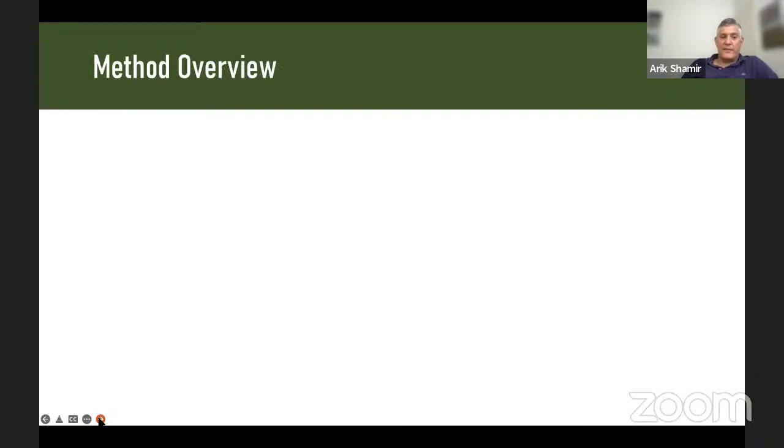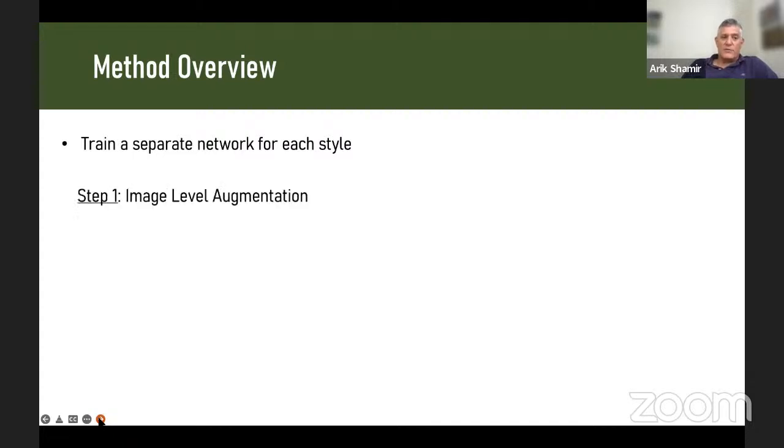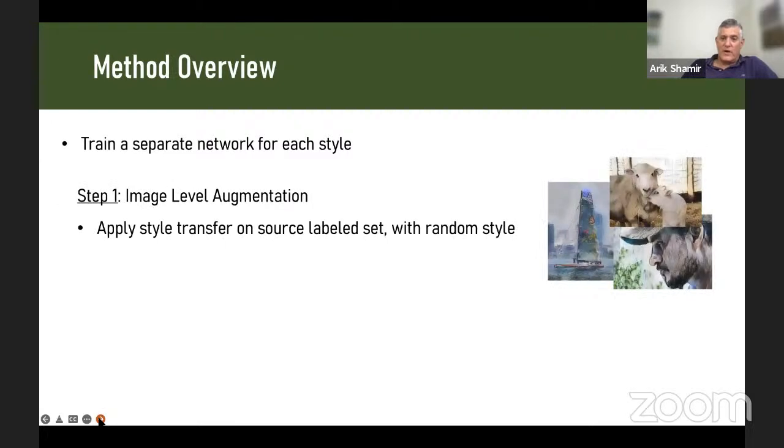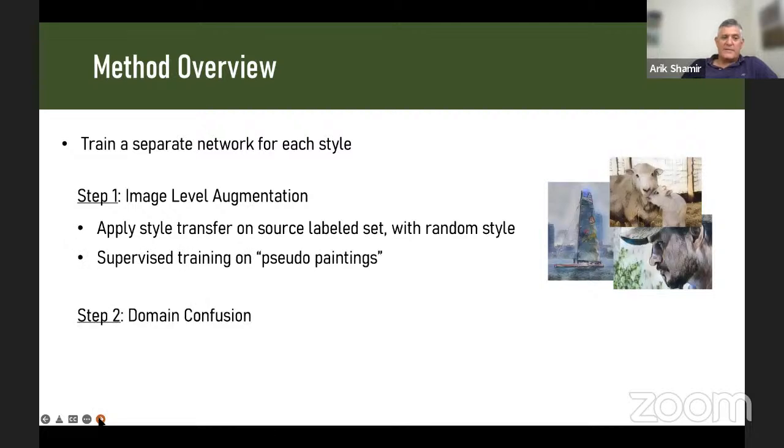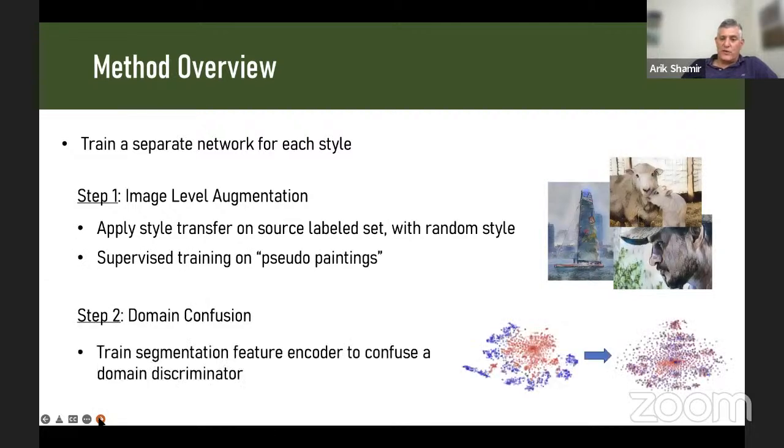So the overview of the method, as I said, includes 2 things. First of all, we train a separate network for each style, not for all of them together, because of the differences in style in each art movement. The first is that we use image level augmentation, where we create what we call pseudo images. And the second step is to create what we call domain confusion, where the learning network actually cannot recognize the difference, or in fact, it will use only features that are common to both the different domains, the photorealistic images